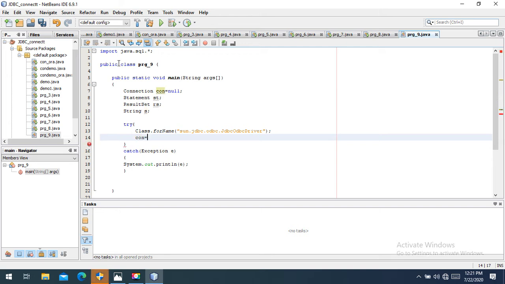connection equals to DriverManager.getConnection. Not sun, but here we will write jdbc:odbc: my aura, the name of DSN. The DSN name for Oracle we created, with name my aura. Then next, inside the double quote we will write